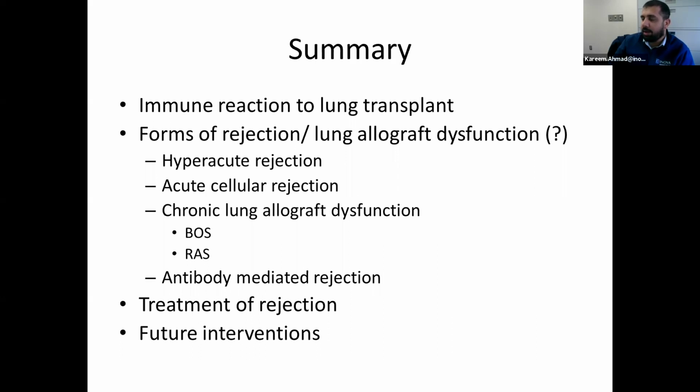And the very first one I mentioned, the humoral immune system being activated, or not the innate, or more likely the adaptive immune system being activated, and developing antibodies against the organ. If you have pre-made antibodies, you can develop hyperacute rejection as soon as the organ gets introduced to the body,